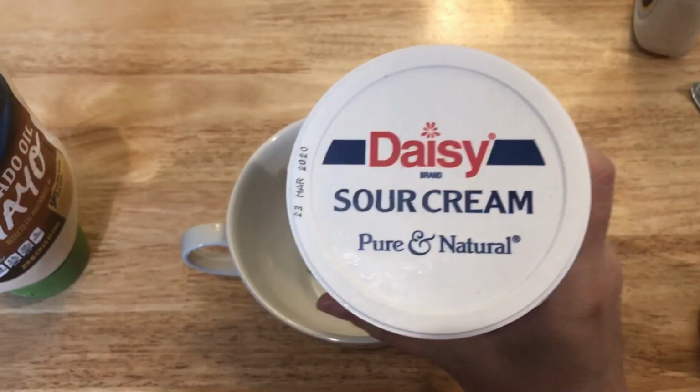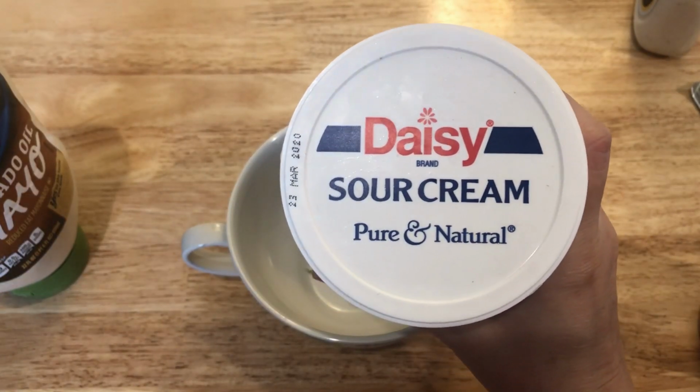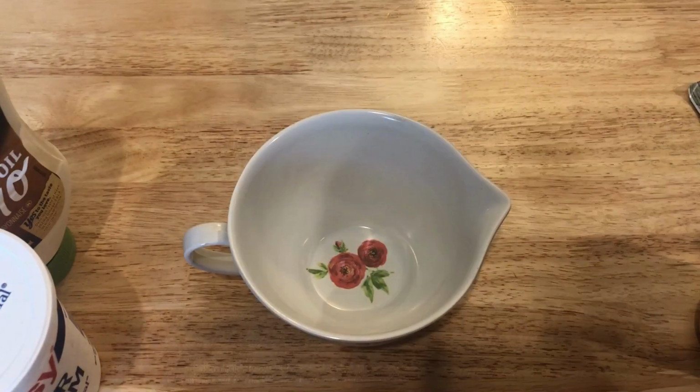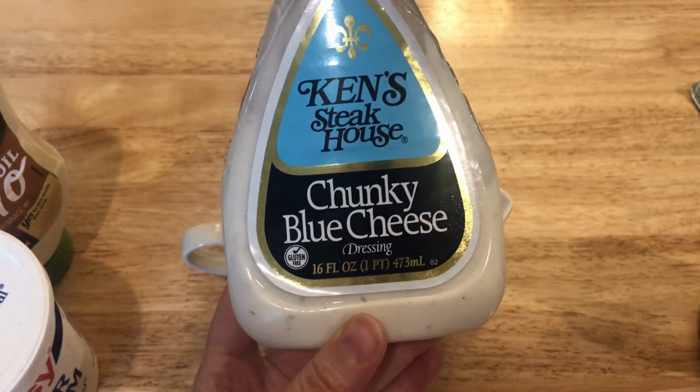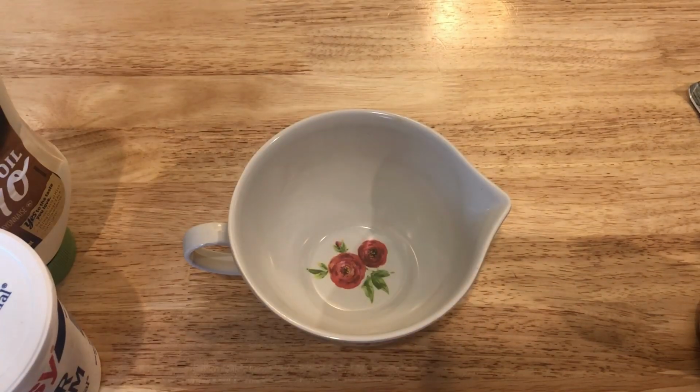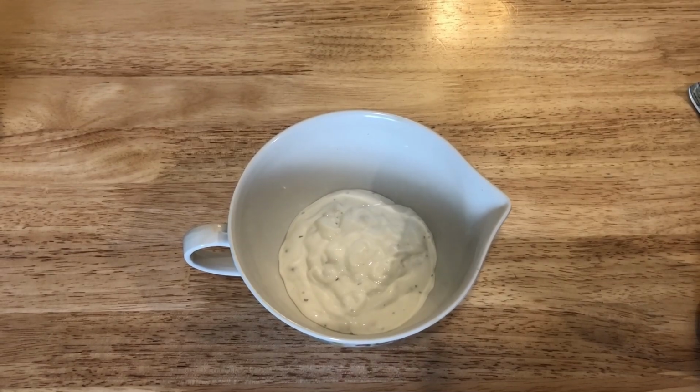Normally, I would use sour cream and mayo and some blue cheese. However, I do have some blue cheese dressing that I need to use up. So I thought I would just forego the rest of that and just go ahead and make it with this blue cheese dressing. So in my bowl, I'm adding in the blue cheese dressing,